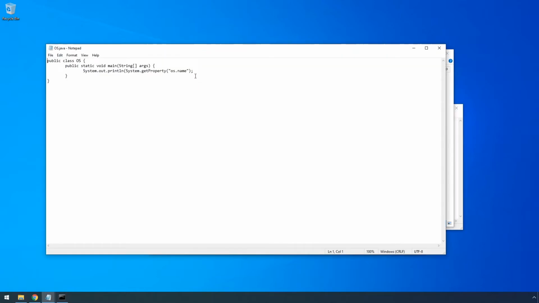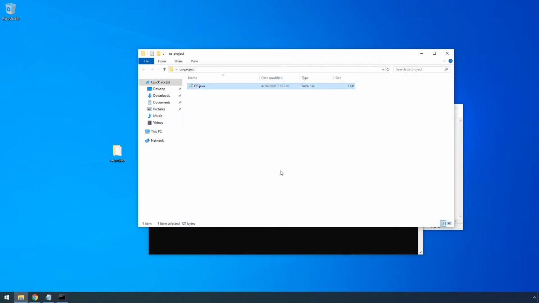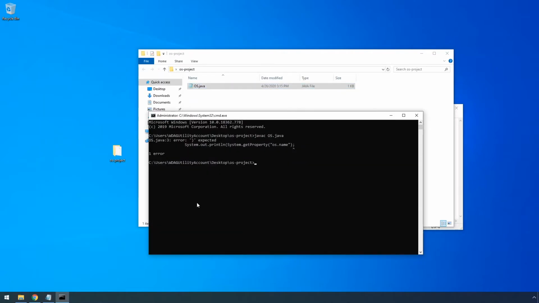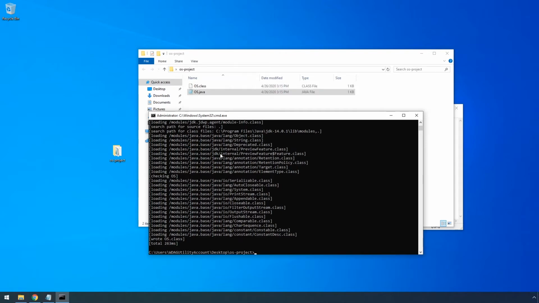So let's fix that. And right now I will redo the compilation process, but I will tell the compiler to provide more information about what's happening.